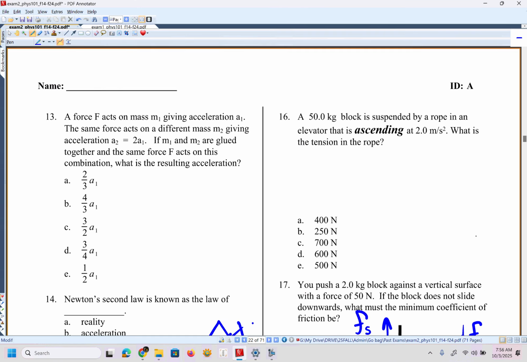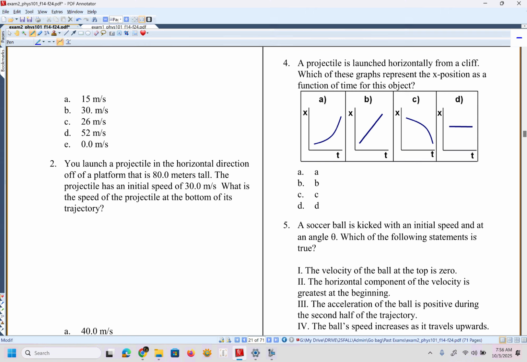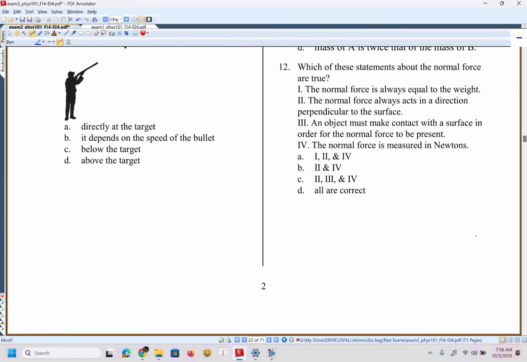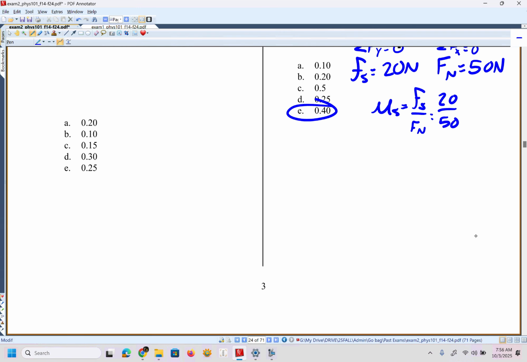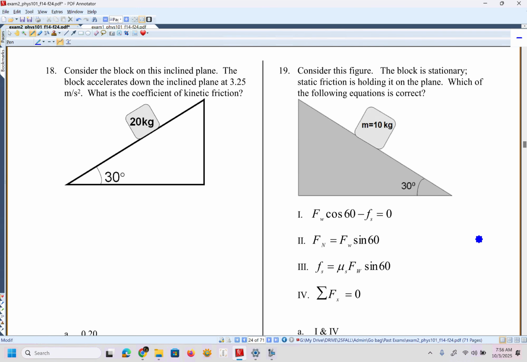Yeah, of course. You'll definitely have one of those. There's one almost on every exam, I think. Let's see, there's probably one here. Yeah, here's one. It will be an inclined plane, and you will have to tell me which formulas are correct or incorrect. I recommend that you just follow all the steps and just write out, show